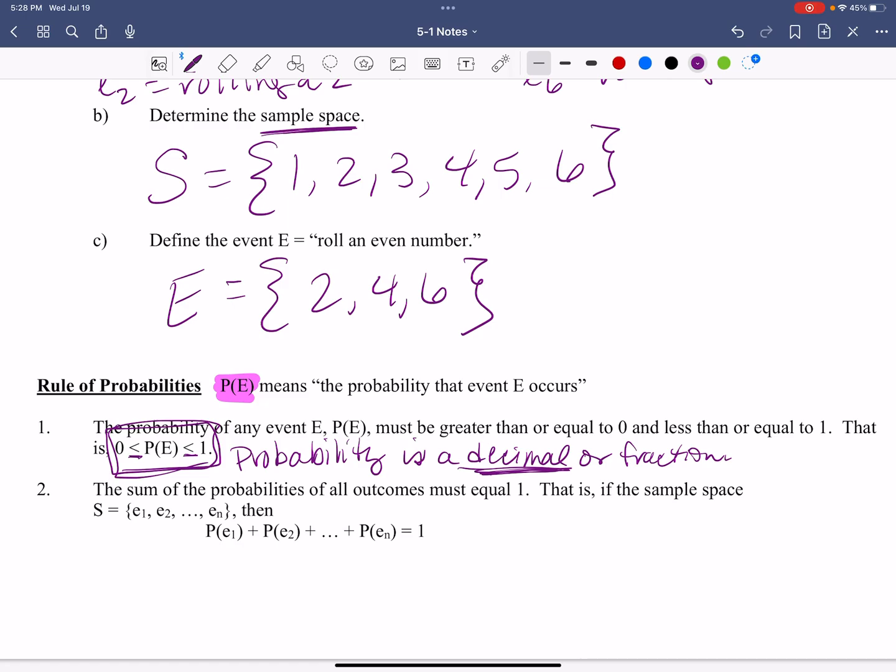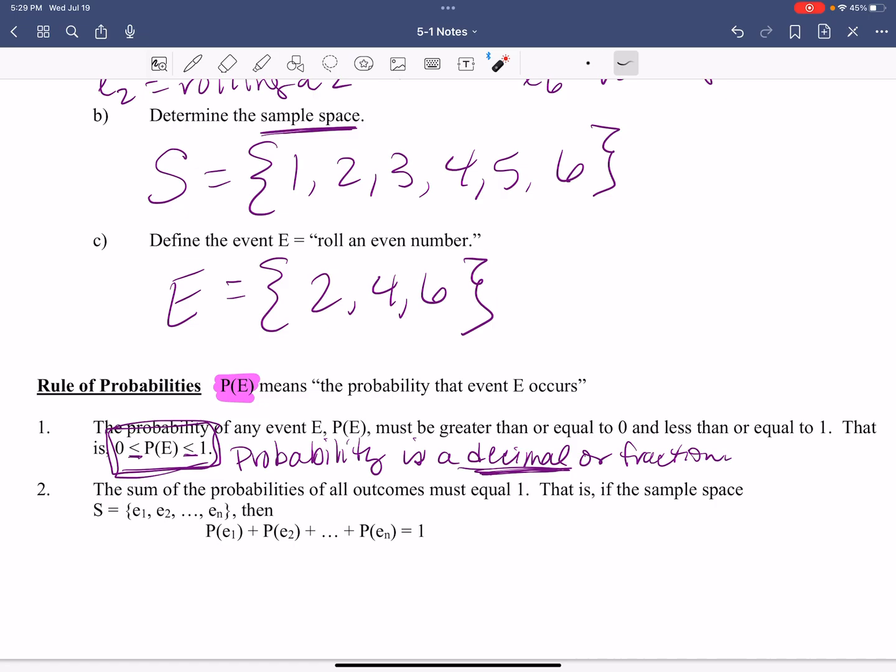Does it say fraction in here? Pardon me. It does say fraction. Does it say percent? No. I'm going to say it again for the cheap seats. Does it say percent in here? No. This is a probability, is a decimal typically between 0 and 1. It can also be as a fraction because fraction and decimals are synonymous, right? But the key is it has to be less than or equal to 1. 1 is the most. And if I were to call this a percent, that would be 100%, all of it. This is 0, none of it.